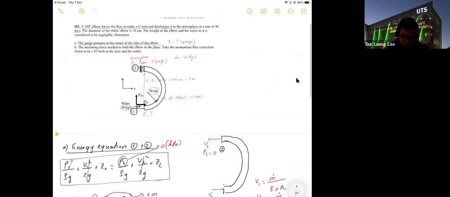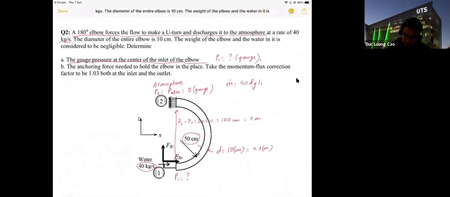Okay, I use this one first. I use this one as X, and this one is Y. It means we will have to hold this elbow in this place. We have to apply a force to this elbow. I assume this force